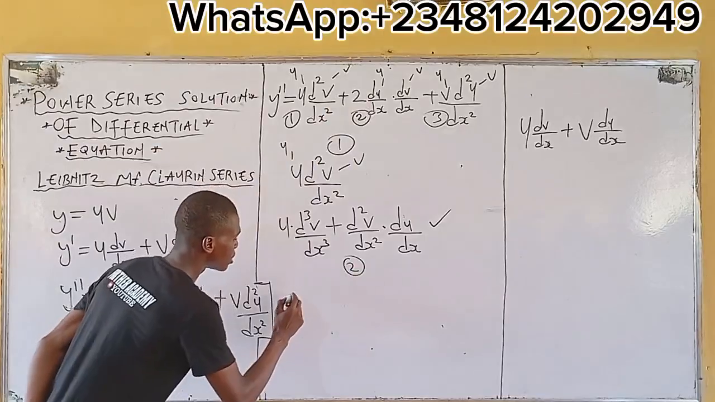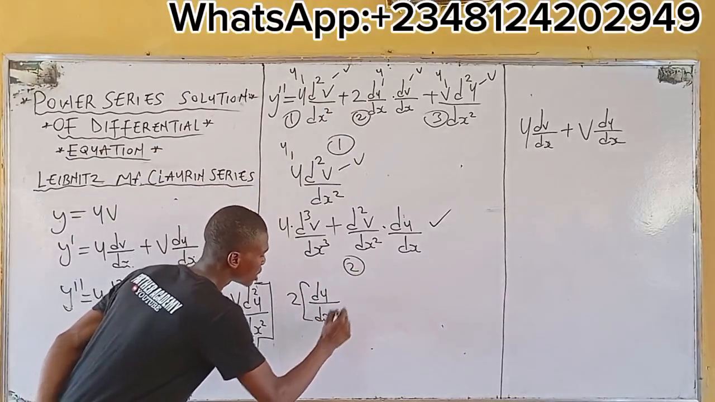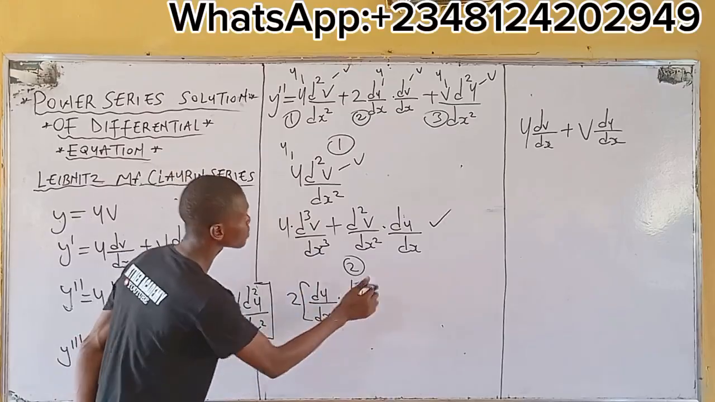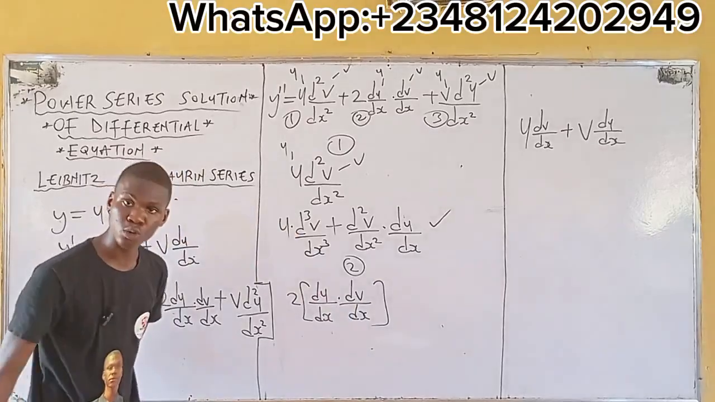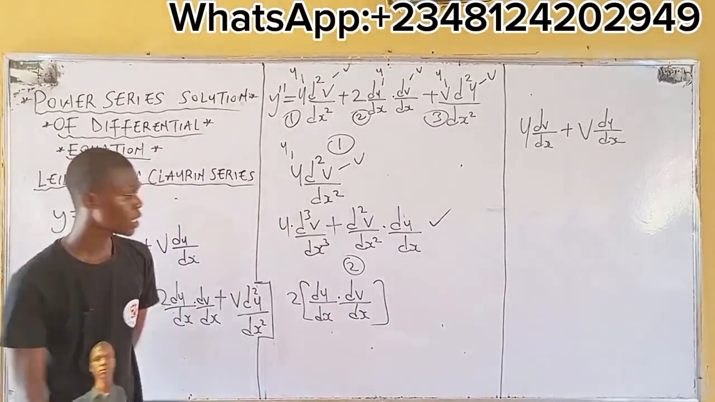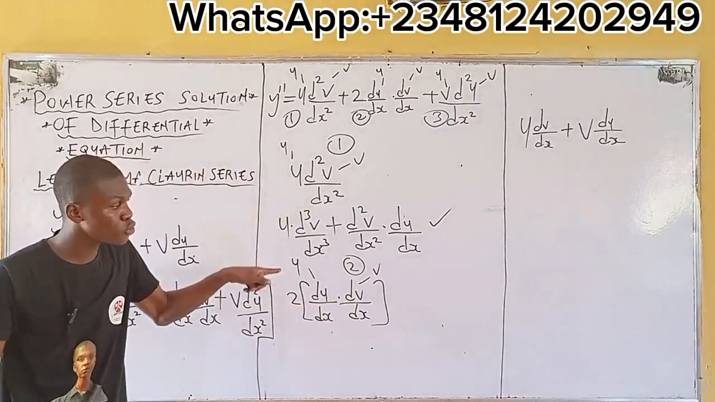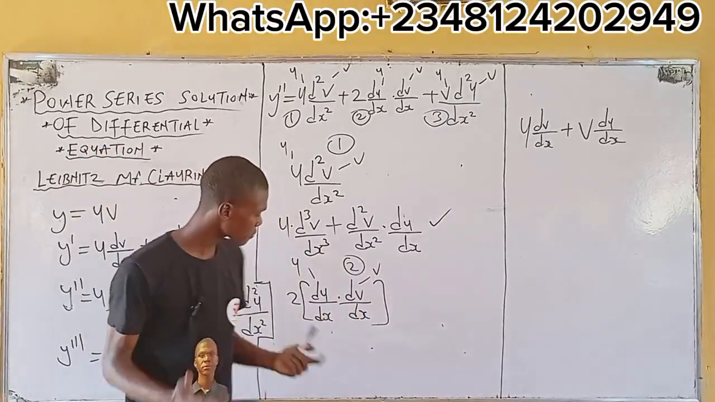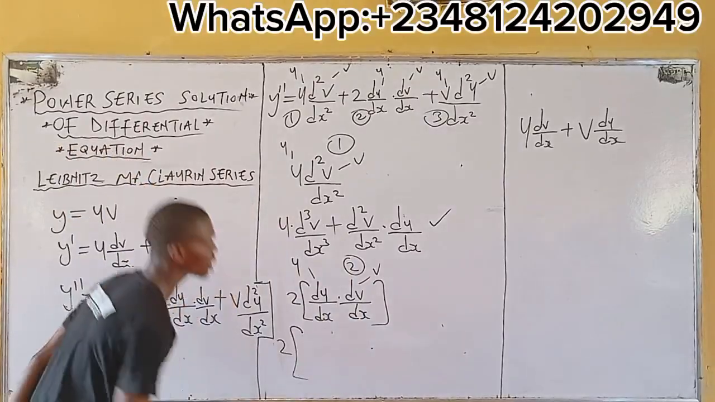I have 2 all into bracket du/dx, 2 all into bracket du/dx multiplying what? dv/dx. In this case, identify your u and identify your v, right? This is your u and this is your what? v. This is my u, this is my v. Same idea, right? Meaning I'm having 2 all into bracket